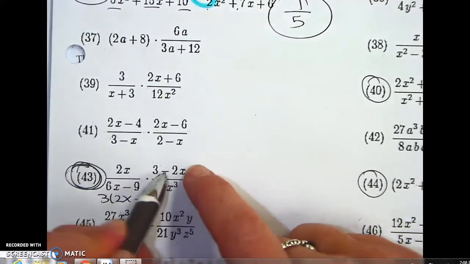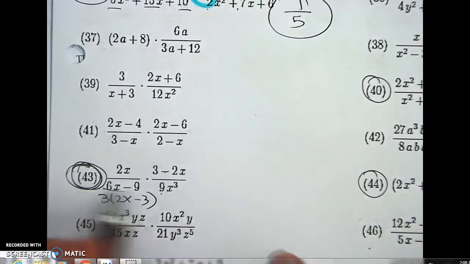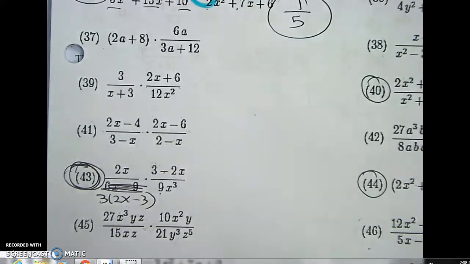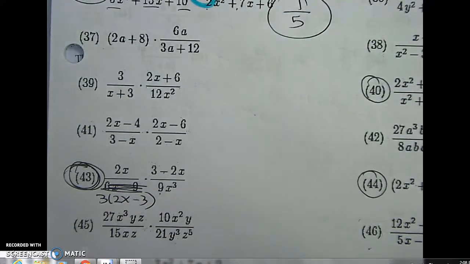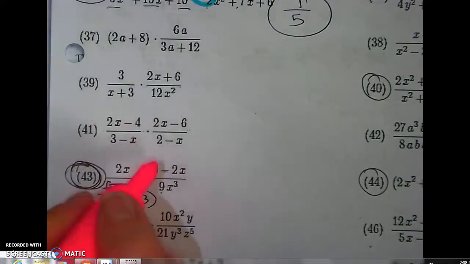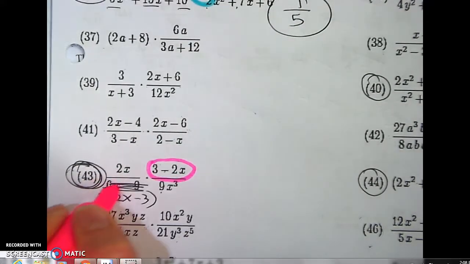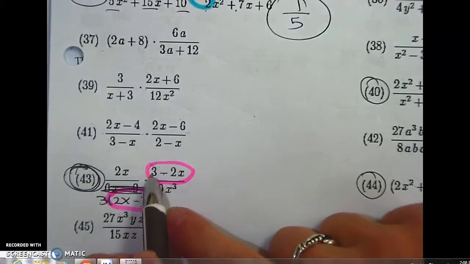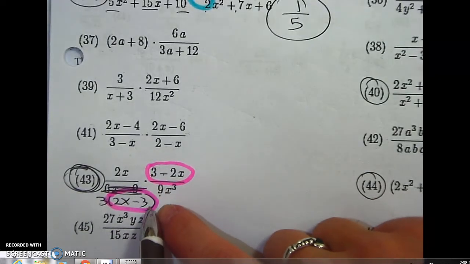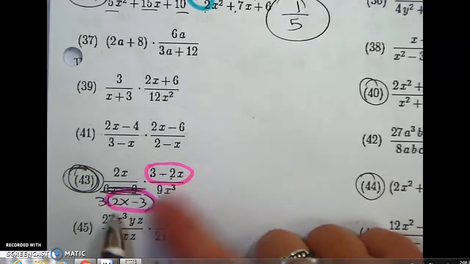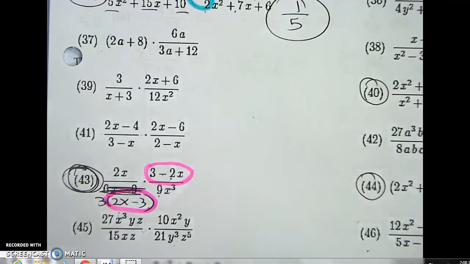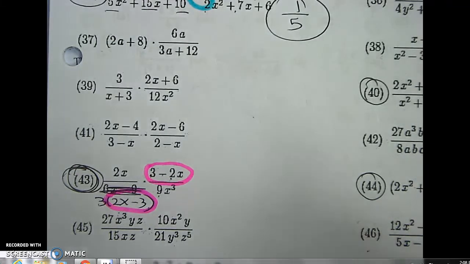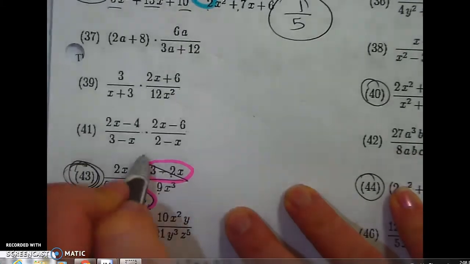I can't factor the top, and I can't factor the bottom. Okay? But here's the issue. Let's look here. If you look at this here and this here, they are almost exactly the same, except this 3 is positive and this 3 is negative. This 2x is negative and this 2x is positive. So technically they're the exact same thing but opposite, which means I can cross them off and take out a